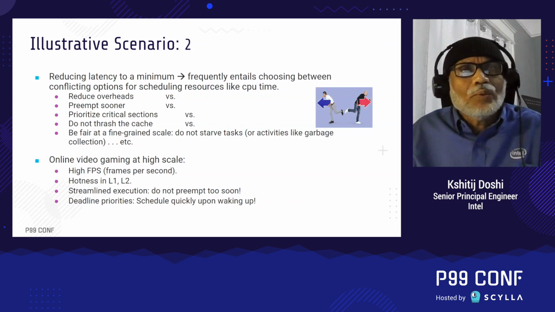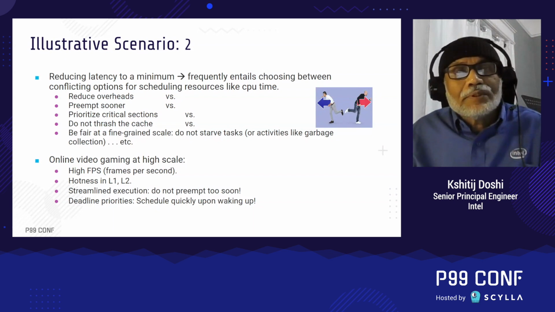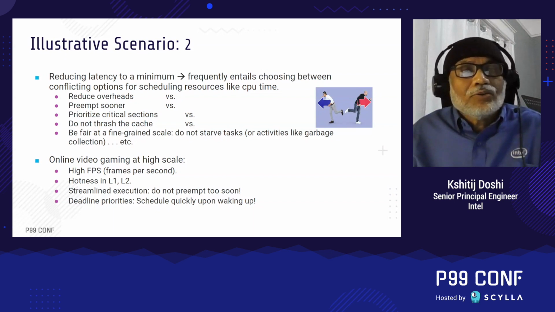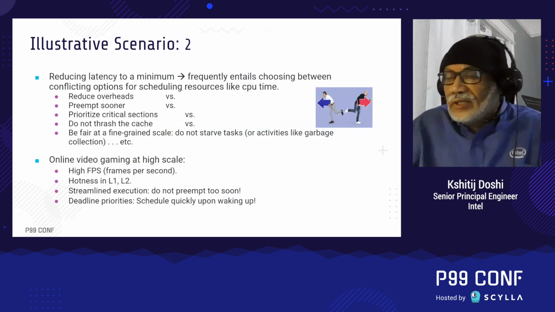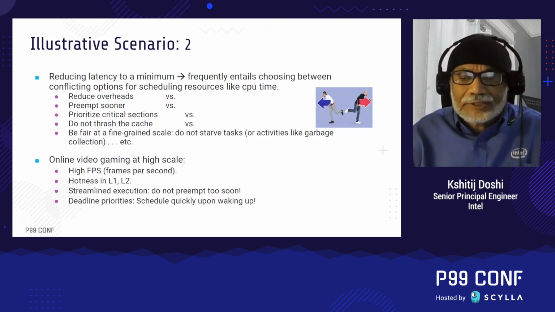Another example is when some thread gets woken up and now if it has been sleeping for a while, then ideally it should be scheduled on the CPU quickly enough. But if we were to preempt the threads all the time in order to reduce the time after wake up in order to get scheduled, then we would end up increasing the overheads that are taken up by the scheduler, as well as increase the cache miss rates.